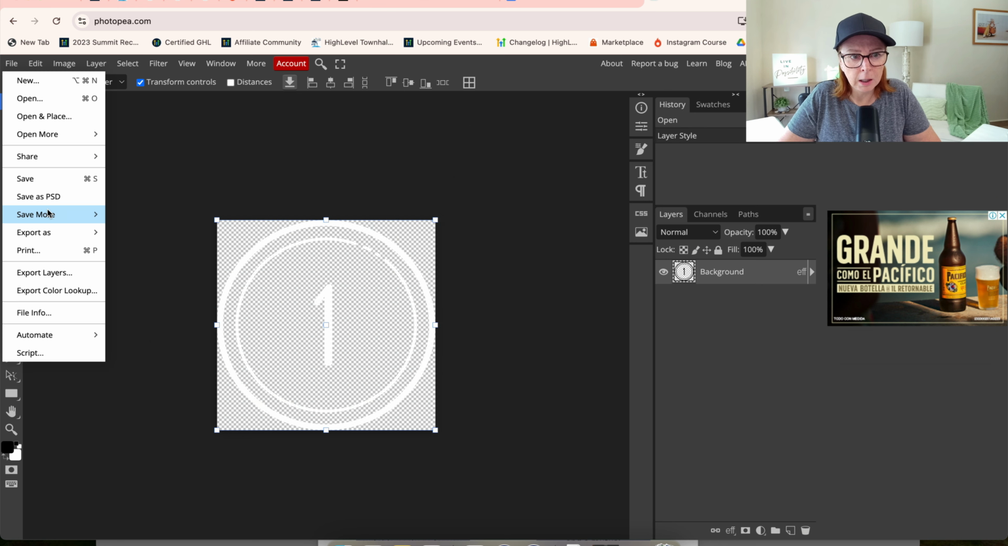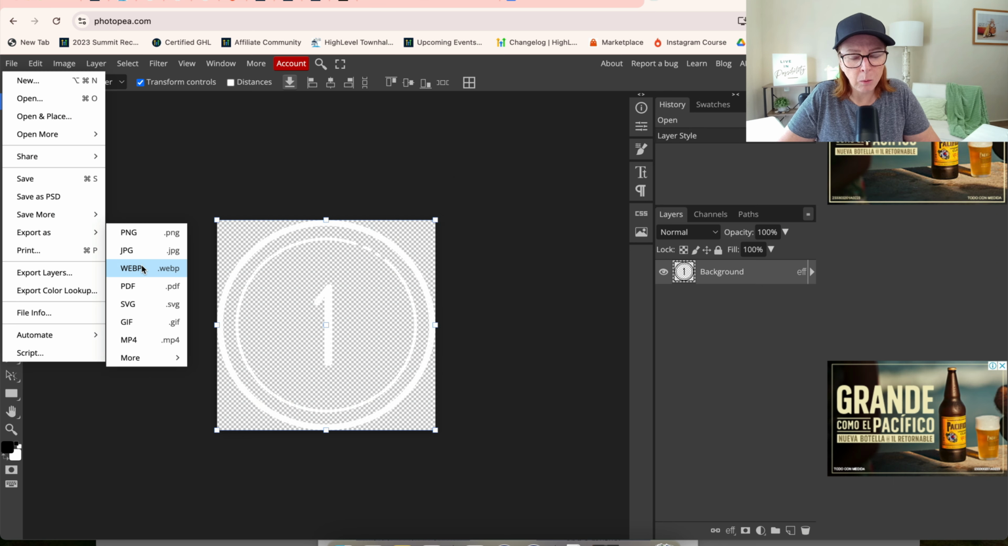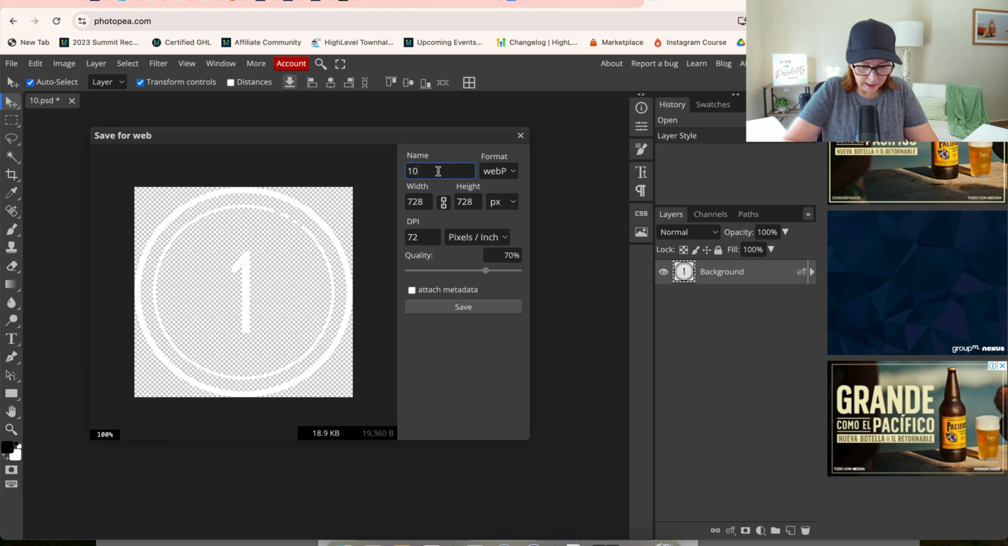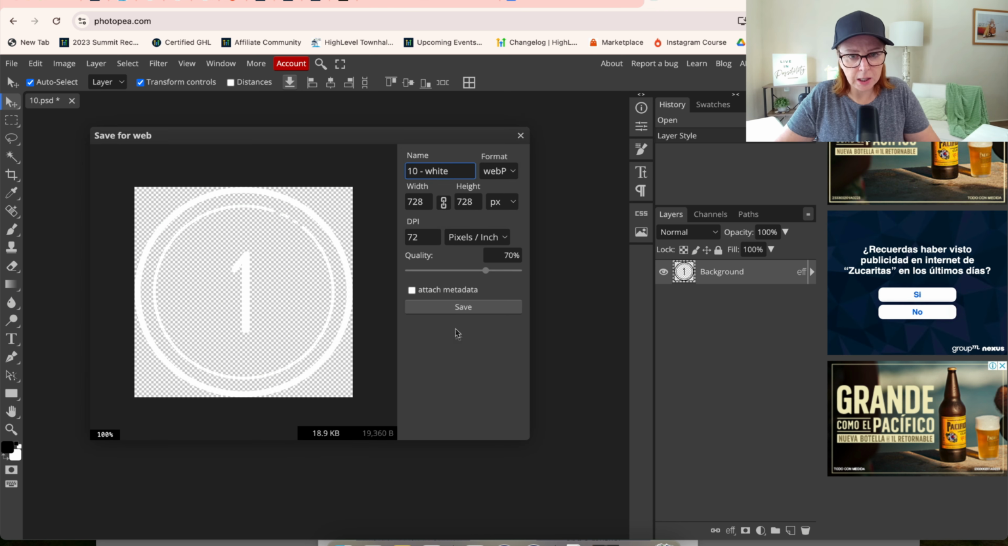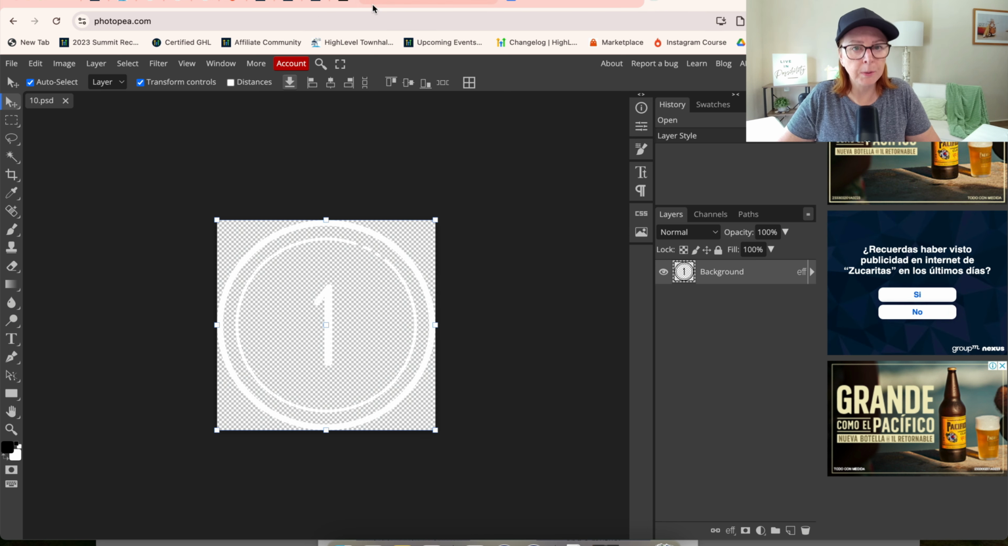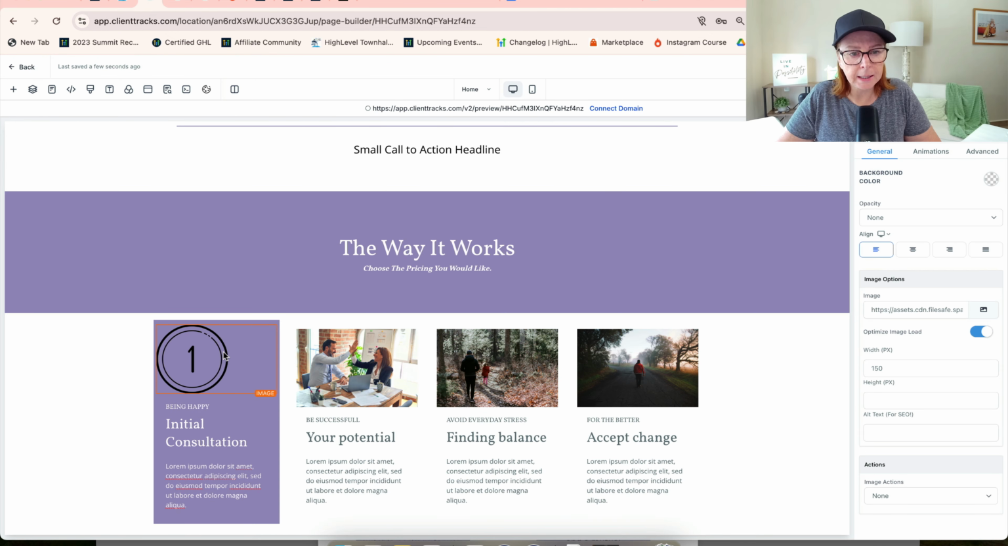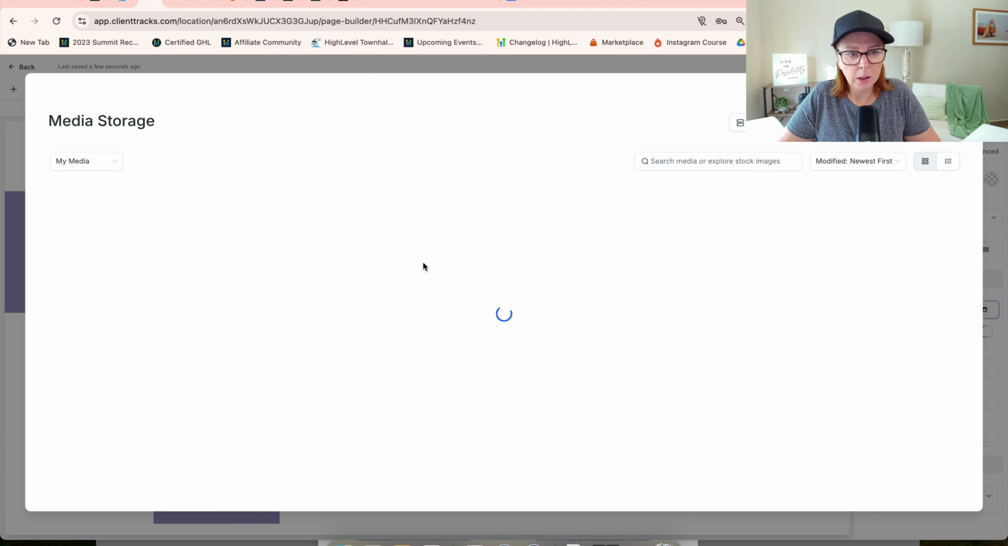I'm going to go File. I'm going to export as a WebP. And this is going to be 10-white. That's not the naming convention I would suggest you use for images, but it definitely does work